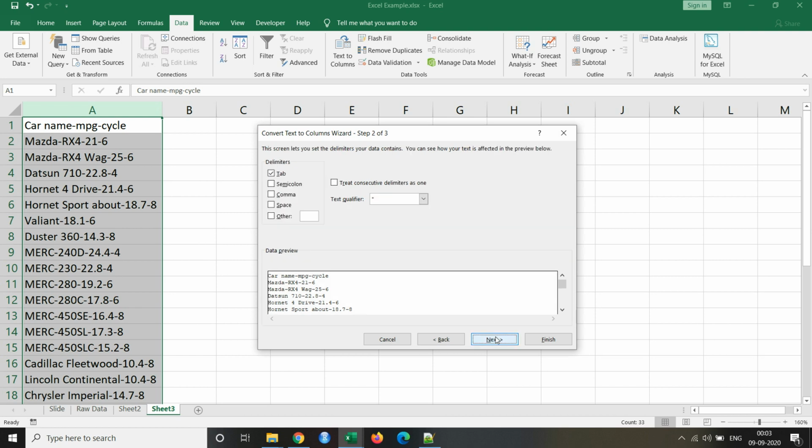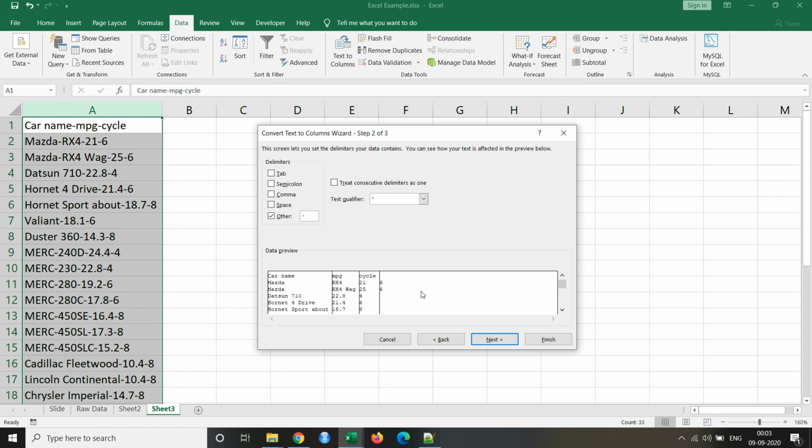On the second step it's asking what kind of delimiter you are expecting in your data. In this case we are expecting a special character, which is dash, right? So we'll unselect everything here. Initially tab was selected, we'll unselect it, go to Other, and put a simple dash.